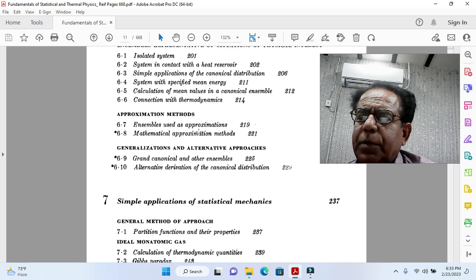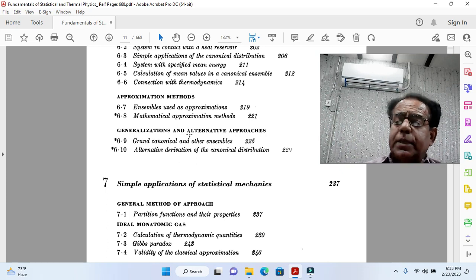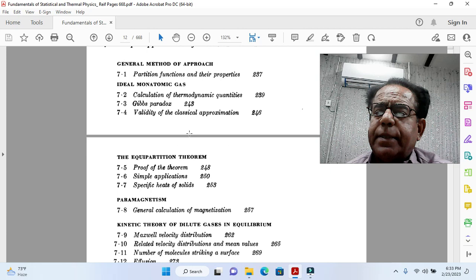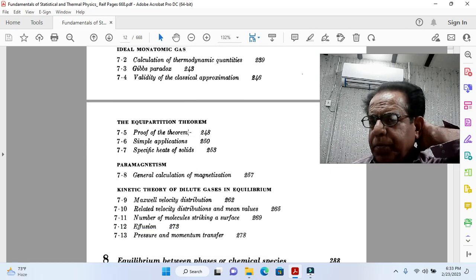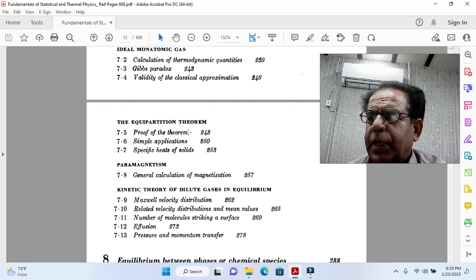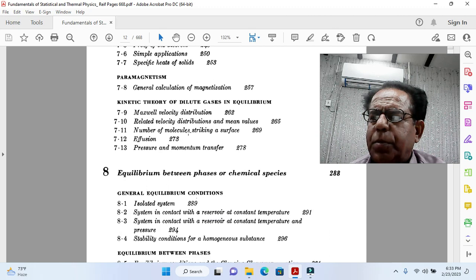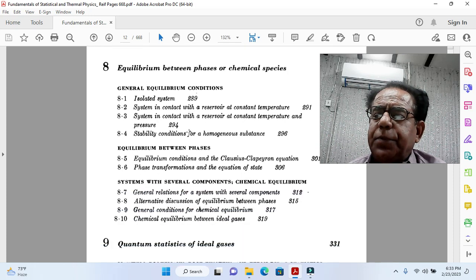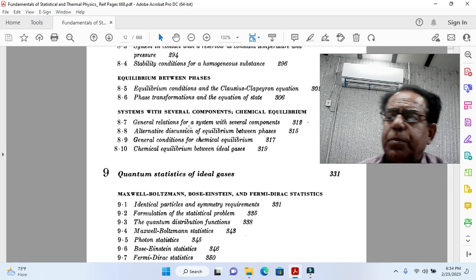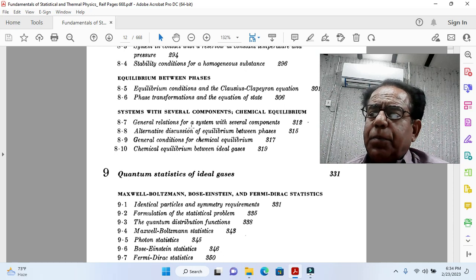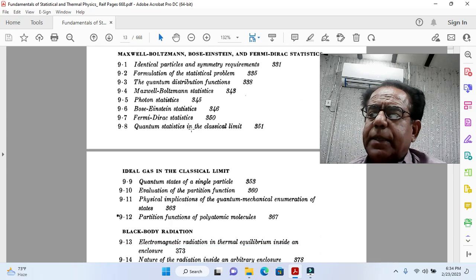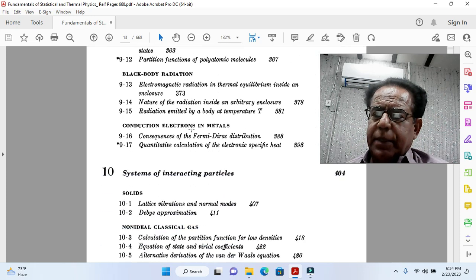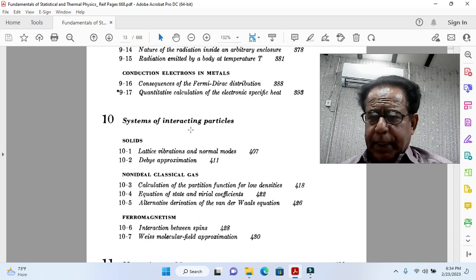generalizations and alternative approach, simple applications of statistical mechanics, general method of approach, ideal monatomic gas, the equipartition theorem, paramagnetism, kinetic theory of dilute gases in equilibrium, equilibrium between phases or chemical species, general equilibrium condition, equilibrium between phases, systems with several components, chemical equilibrium, quantum statistics of ideal gas, Maxwell-Boltzmann, Bose-Einstein and Fermi-Dirac statistics, ideal gas in the classical limit, black body radiation, conduction electrons in metals, systems of interacting particles, non-ideal classical gas, ferromagnetism,